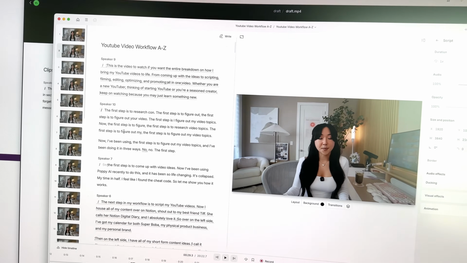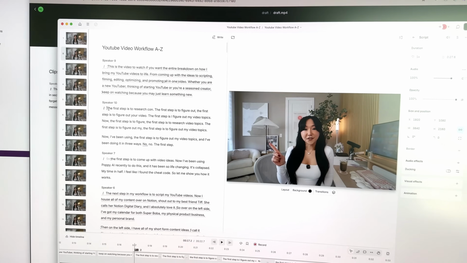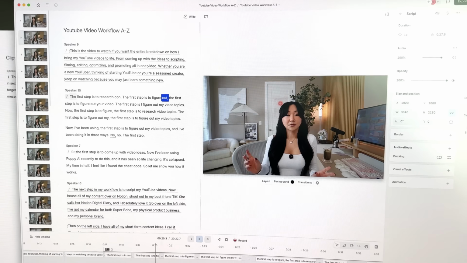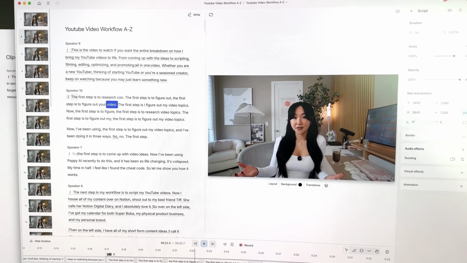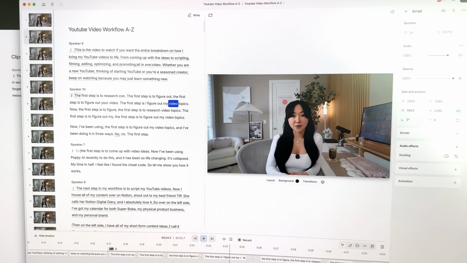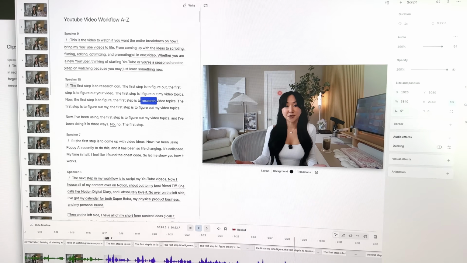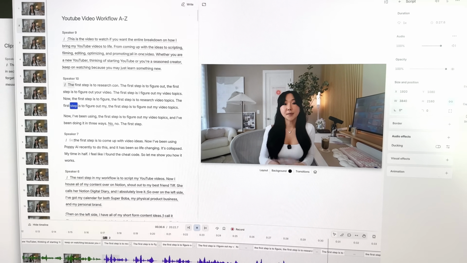And if you don't believe me how many retakes it takes, listen to this. The first step is to research The first step is to figure out— I'm not even joking. The first step is to figure out your video. The first step is I figure out my video. I literally tried like so many times. The first step is to research video. Poor girl. The first step is to figure out my— So when I tell you the fact that I can